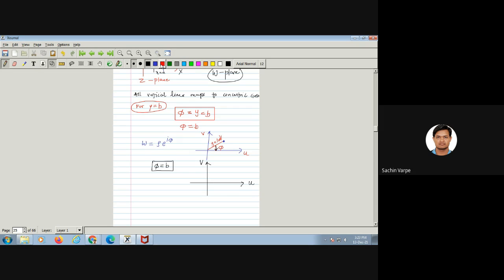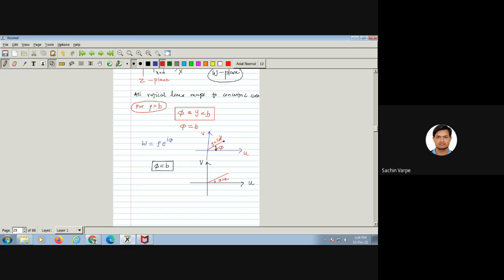So look here, suppose I take phi equal to 1, some fixed value. That will give me a fixed angle, right? Fixed angle, yes or no? There is no restriction on the length of that line, but the angle is fixed. That is my only restriction. Phi equal to, say, b. Is this clear?